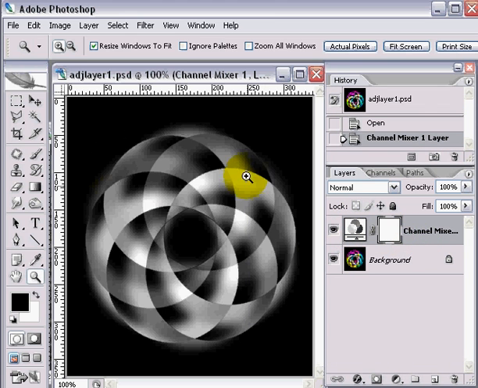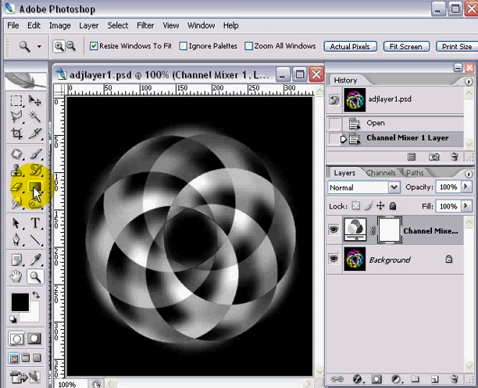Now, so we have a good grayscale. Here's our before, here's our after. And now I want to make my color fade. So what I'm going to do is I'm going to actually cancel out the adjustment on part of this mask for the adjustment layer. So I click the mask and my colors go to black and white, my default colors,